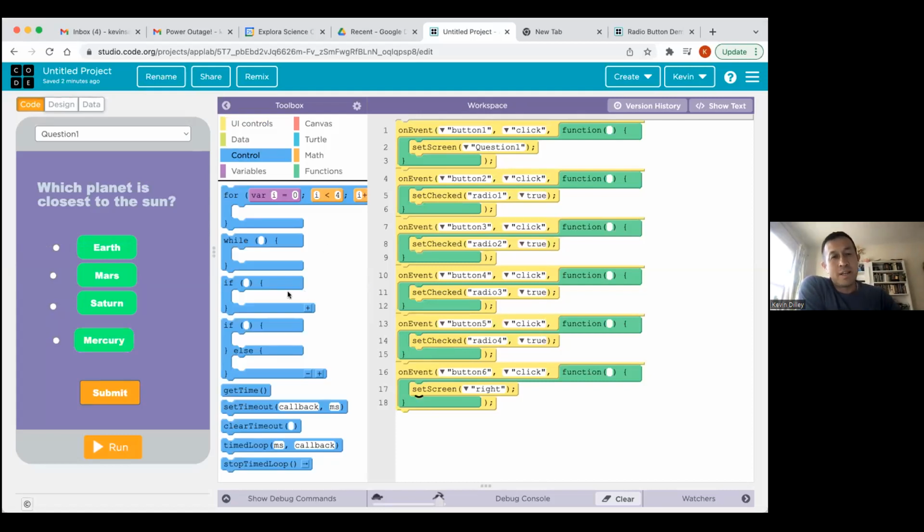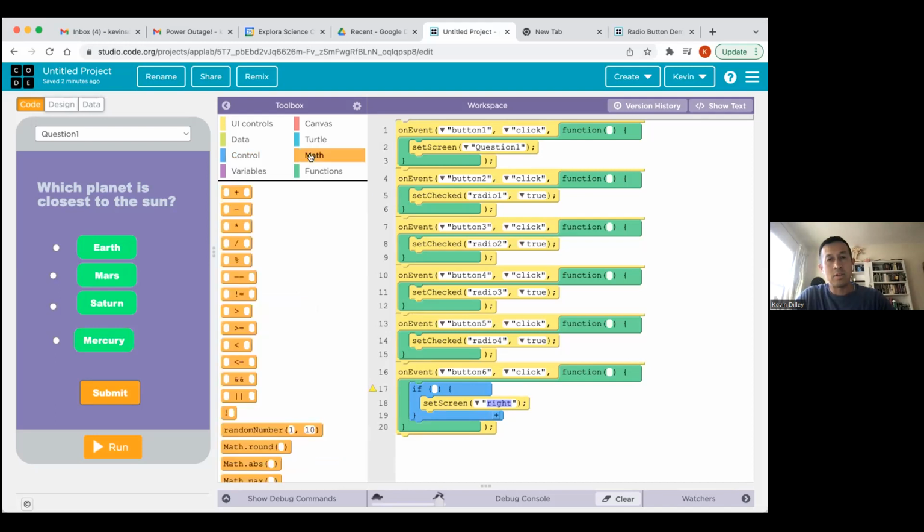So we're gonna need the if statement here to see if button radio 4 is selected, then we're gonna send it to there. Okay, so we're gonna bring an if statement here, put it inside this, okay? So if the, and we're gonna add a math function. We're gonna do the equals,